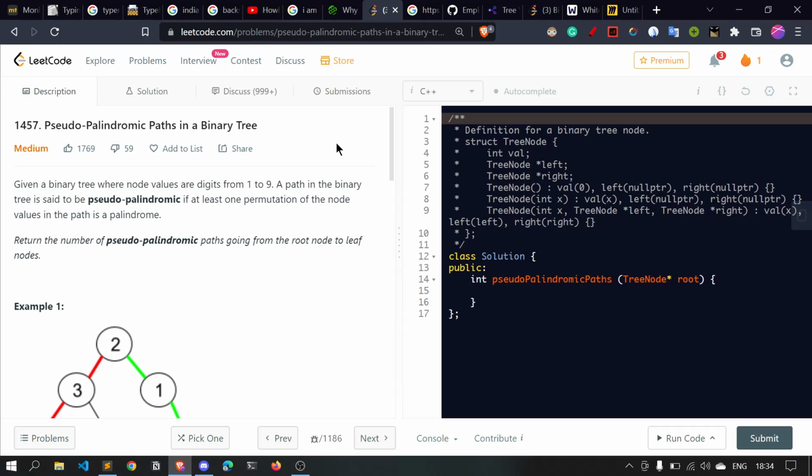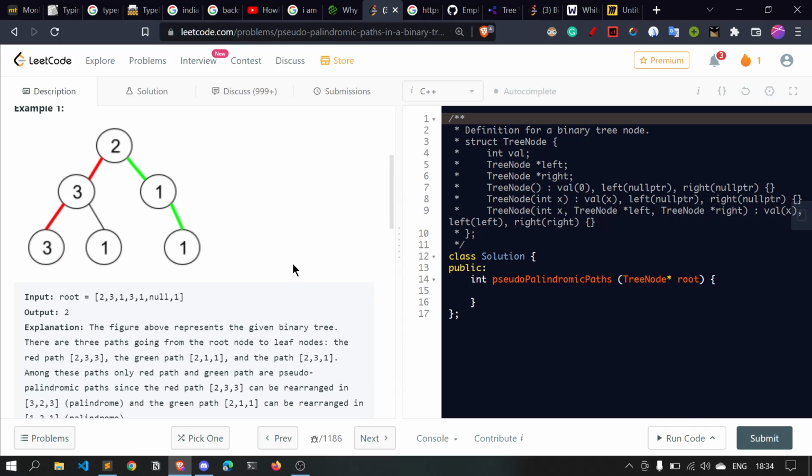Given a binary tree where node values are digits from 1 to 9, a path in a binary tree is said to be pseudo-palindromic if at least one permutation of the node values in the path is a palindrome. So we need to return all the paths that are forming pseudo-palindromic from root node to leaf node. Okay, so let's understand the